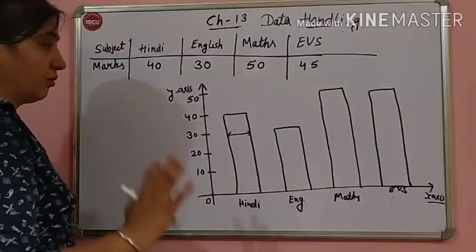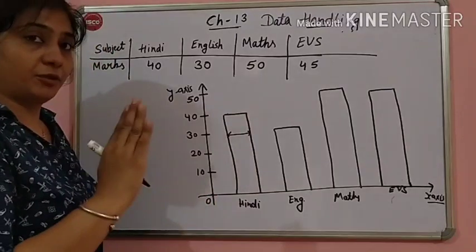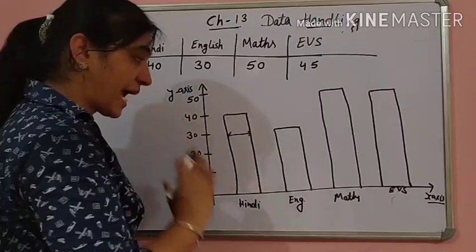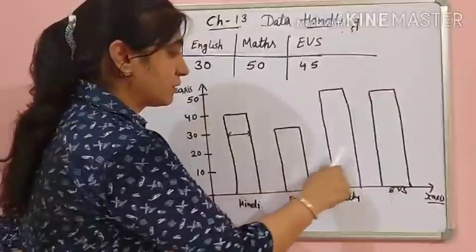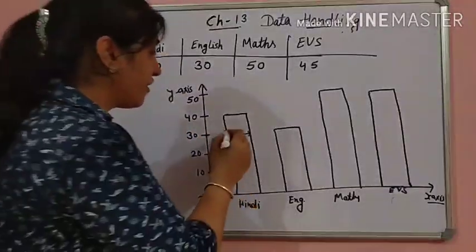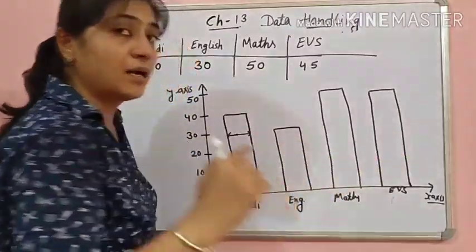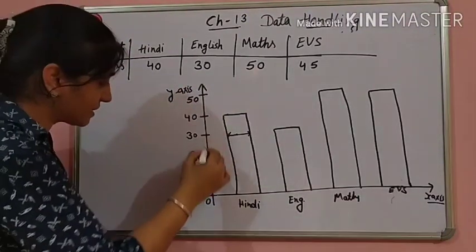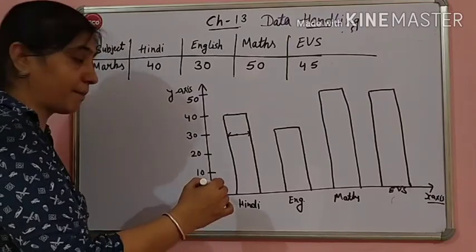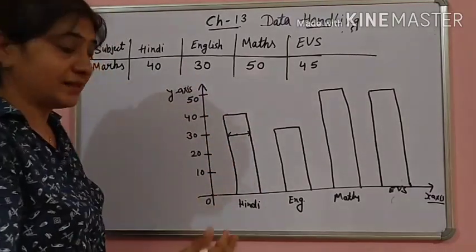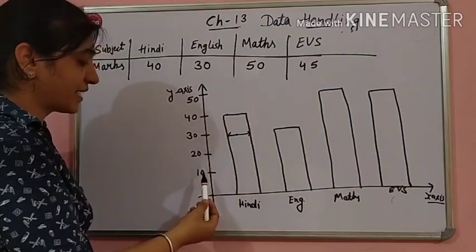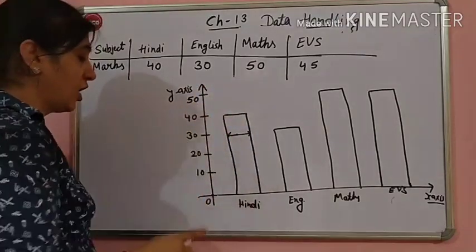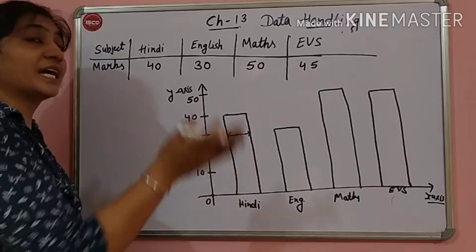Okay, and while drawing the bar graph, you have to keep two or three steps in your mind. See, first of all, the gap between the bars should be uniform throughout, and the width of the bar also should be uniform throughout, and these numerical values should have an equal gap. These also must be in a pattern. They must have an equal gap. Suppose I am first taking 10. It means that this gap is 10. Then next must be 20, 30, 40, 50. Okay. And this scale depends on the given data.